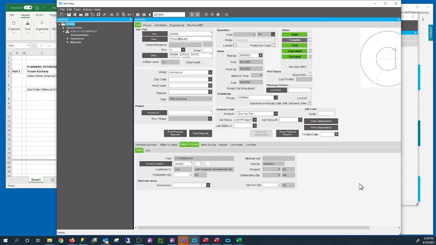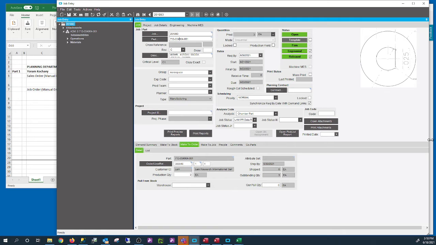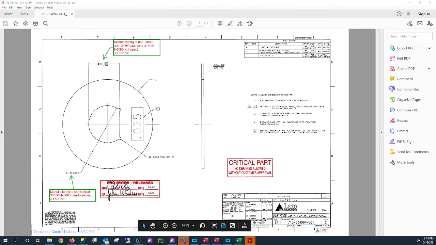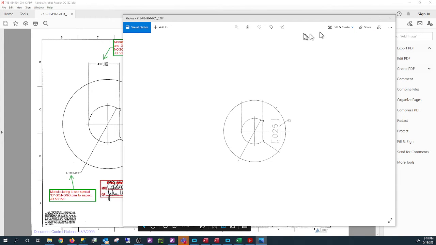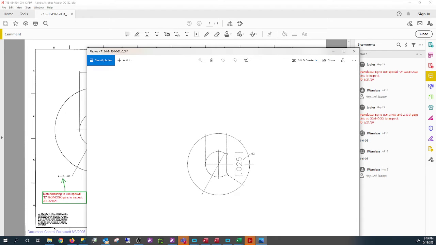So planners can review the traveler, job checklist, BOMs, things like that, but you cannot print it. Let's try to preview the job traveler right now, as well as the pick list and the drawings. Once David releases to production, document control will print out the traveler, drawings, and job pick list and give it to production.